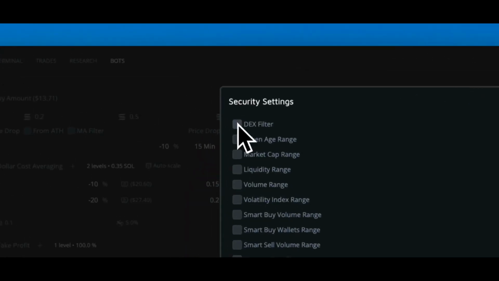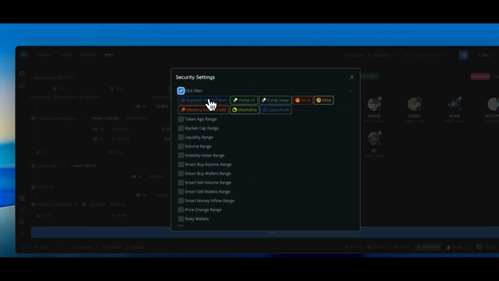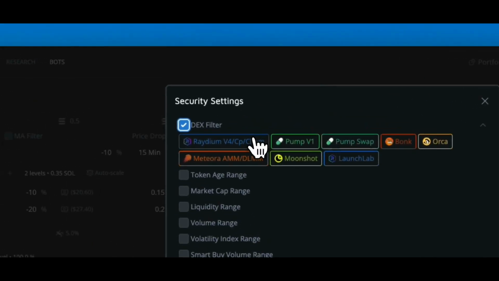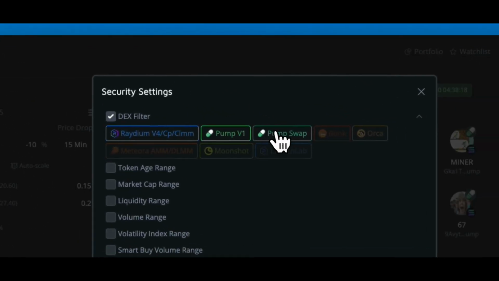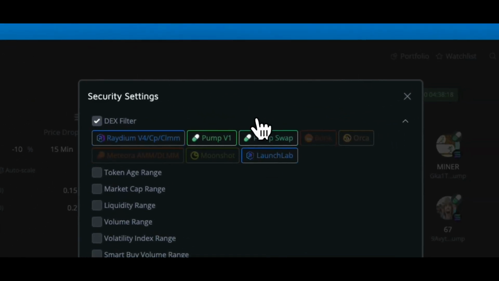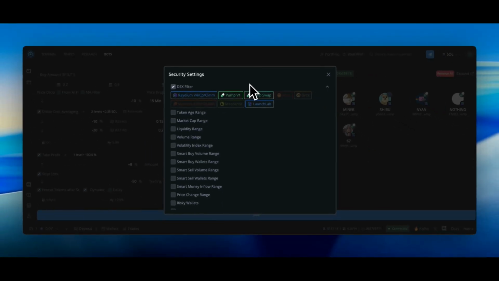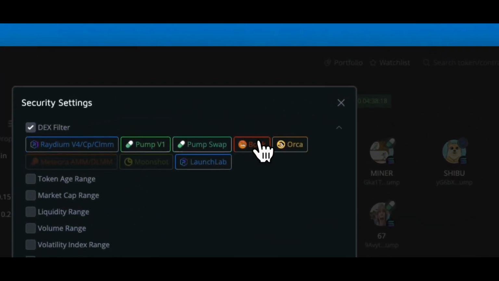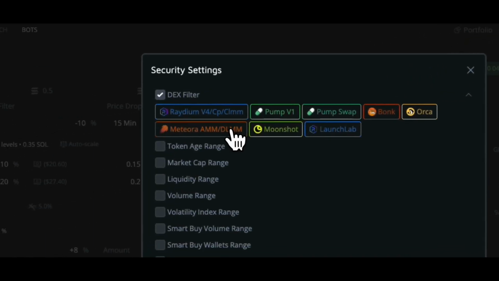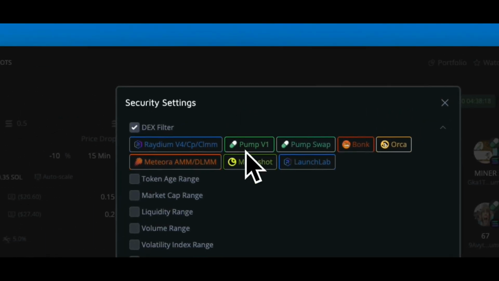Let's start with the DEX filter. You can select which DEX to trade on. Most users trade only on reliable DEXs like Radium, PumpSwap or PumpFun, where most quality tokens are launched. You can also trade on Bonk, Orca, Moonshot or Materia, but that's where many very young tokens are launched, so